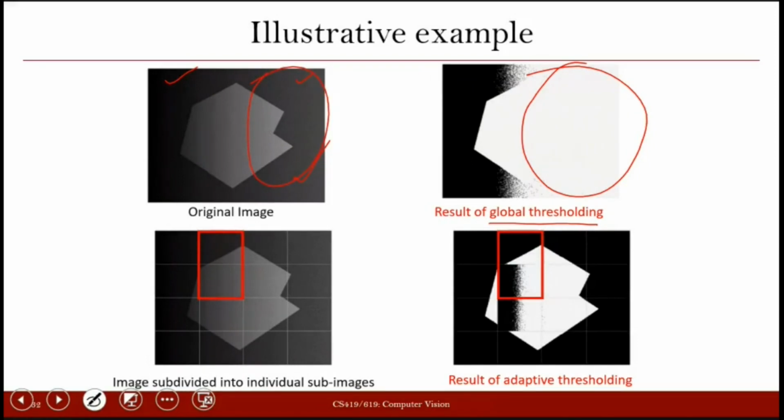When we are using the adaptive thresholding, up to some extent, we have been able to successfully segment this object. So here the problem is coming only in this part, the part where I have just highlighted, where we have put the rectangle. A similar kind of problem is there in this part also. So let us first discuss this particular part.